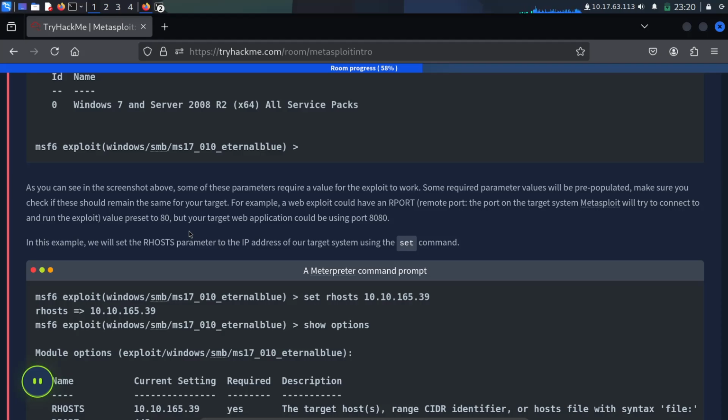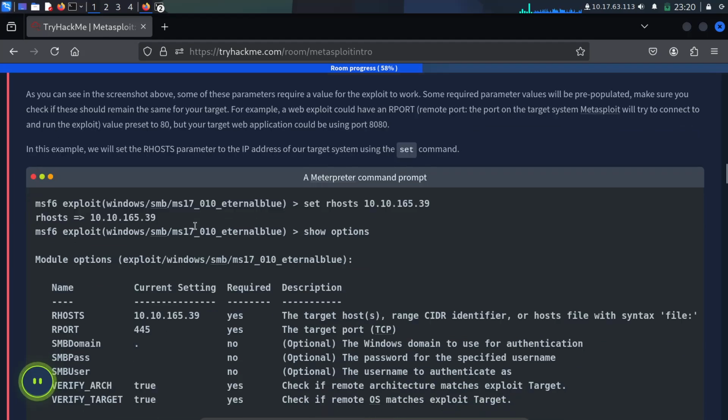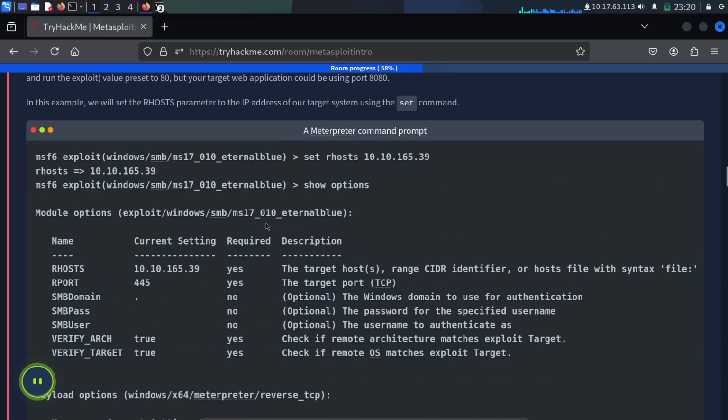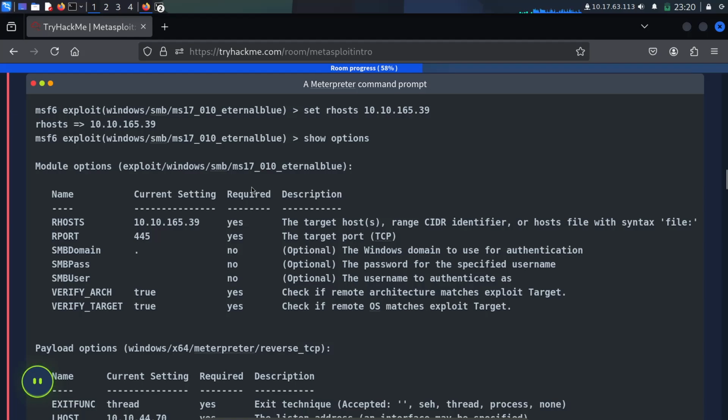As you can see in the screenshot above, some of these parameters require a value for the exploit to work. In this example, we will now set the RHOST parameter, the IP address of our target system, using the set command. You can set RHOST to whatever your target is.